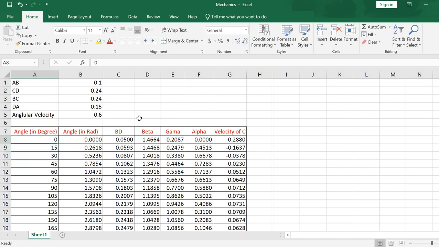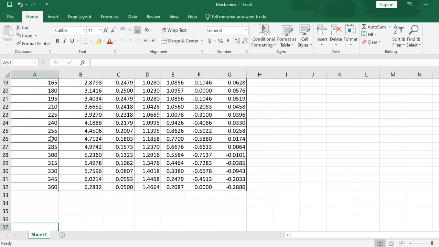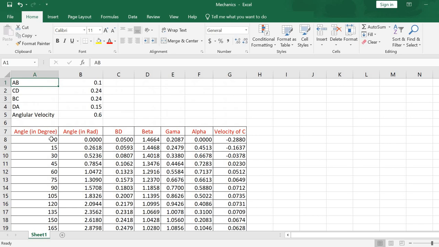So here, as you can see, I have marked the angle here 0. From 0, I'm going to get the angles up to 360. They have already only asked for the points. The minimum points would be 18, I think. But here I can get many points as I'm using the Excel sheet for doing these sums.